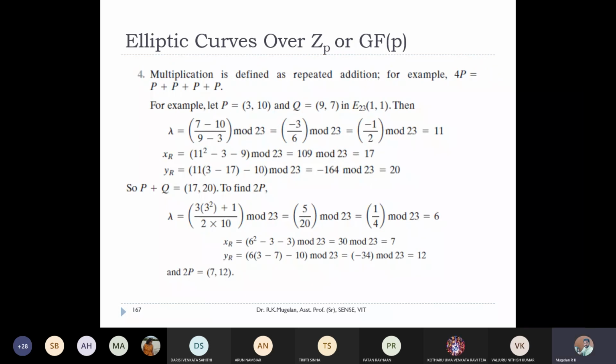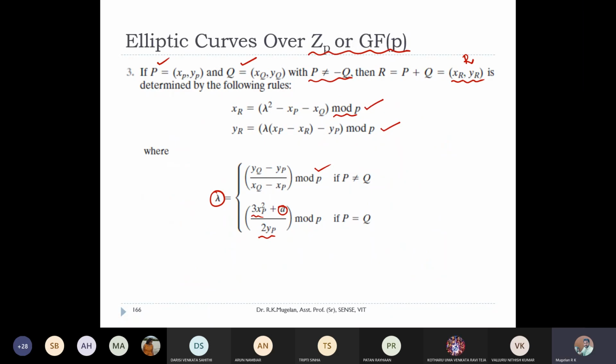Okay. So I think we will wrap up today's session with this one. Okay, in tomorrow's class, we will see the numericals based on the addition of 2 points over